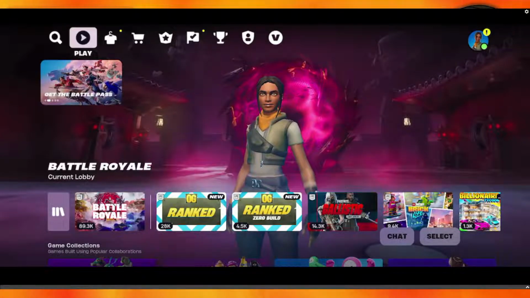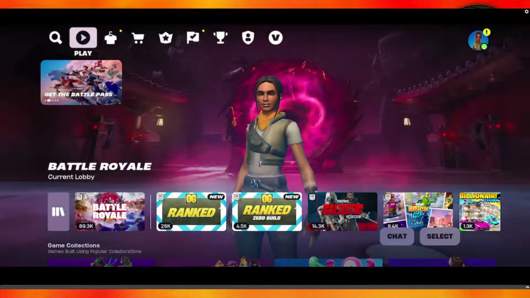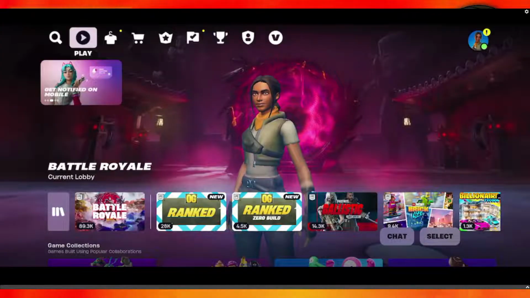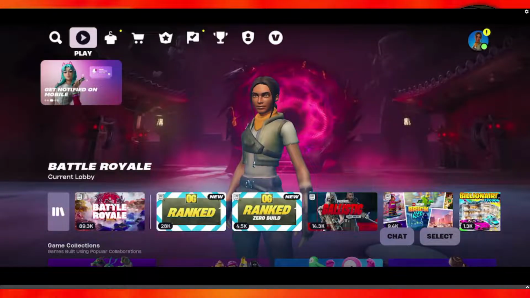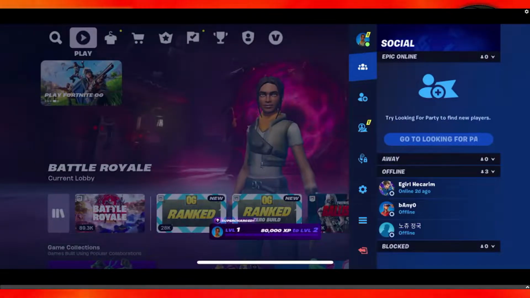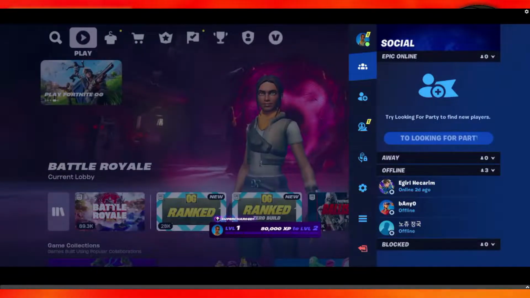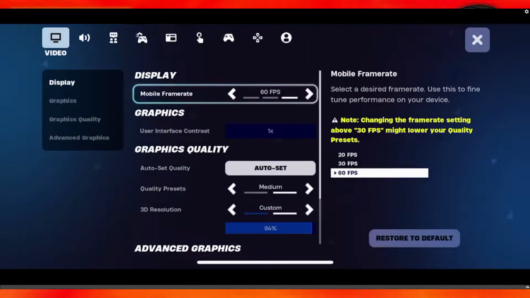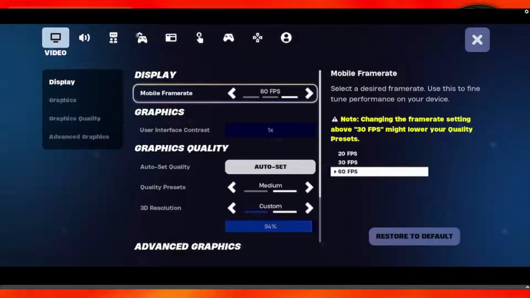How to get 120 FPS on Fortnite Mobile. So what you want to do is just load up your game, and here we will click on our profile icon in the top right corner. Now you want to go to the settings, so just click on settings